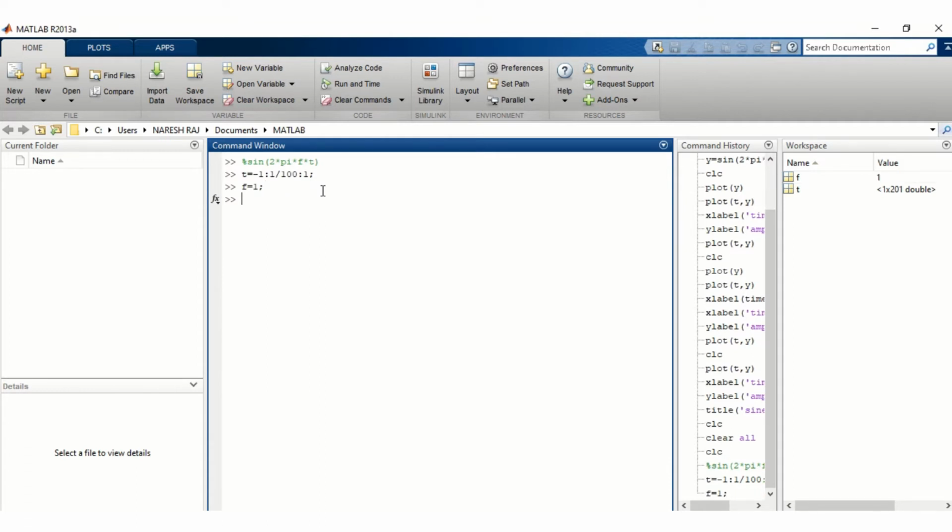We assign y equal to sin(2 pi f t), and now we will see the value of the sine wave at each value of the time.